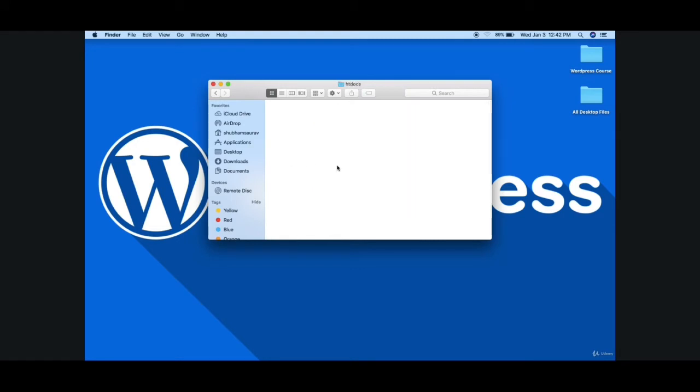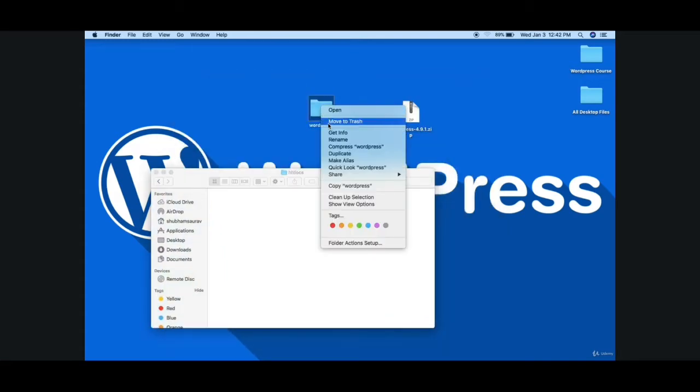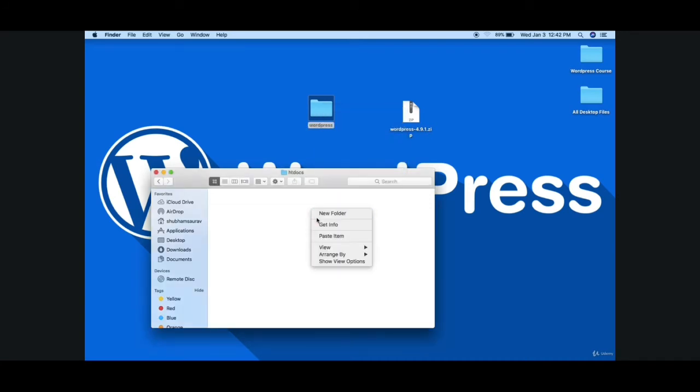This is the folder where all your files or your websites will be placed, or your WordPress websites will be placed just right here. And then all you need to do is to copy this WordPress folder. So just copy this and paste it on this htdocs folder.